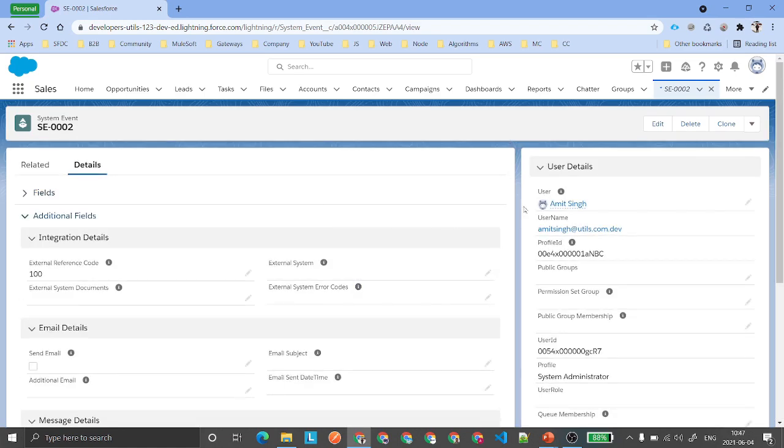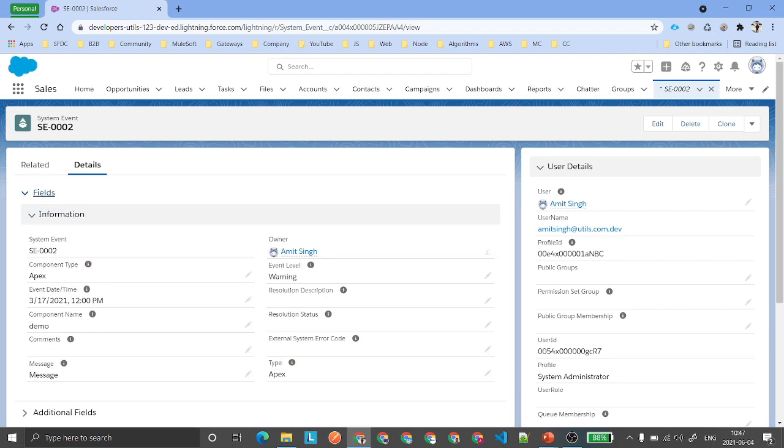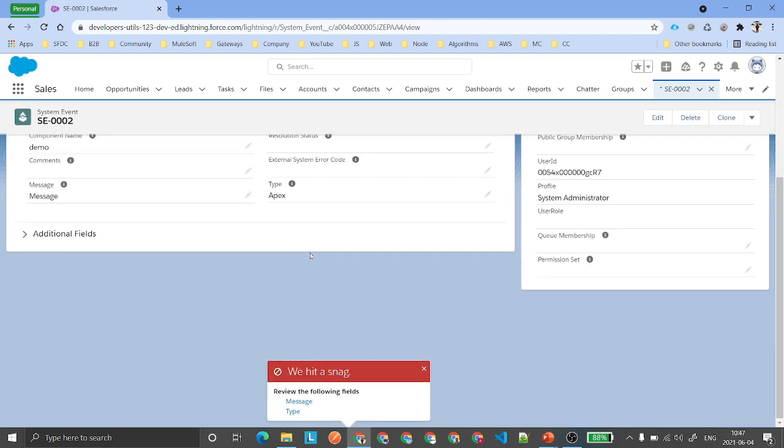There might be some other scenarios where you wanted to display a few fields, you wanted to have the filters on the fields, and this is going to help you. This is also, we can say, another variant of record types where you don't need to create various pages. You can just put the filters, and you don't need to worry about the record page. You don't need to create multiple record pages, multiple record types and multiple page layouts. The only single thing is going to work for you.